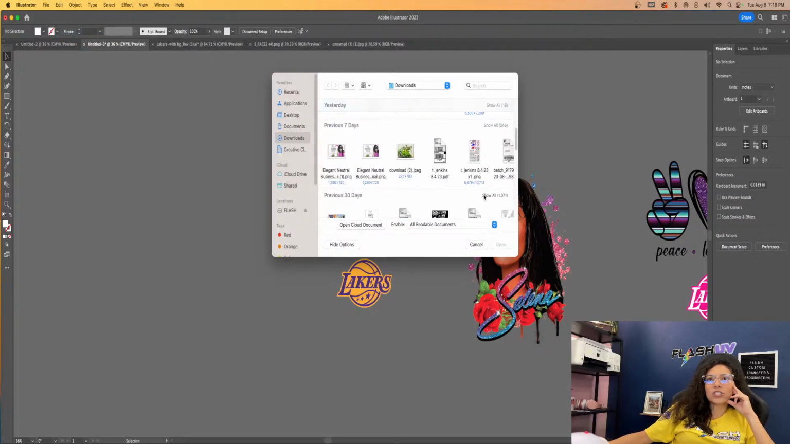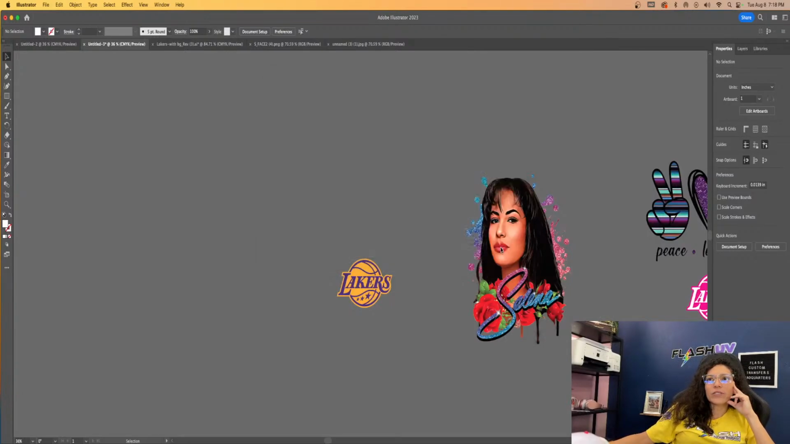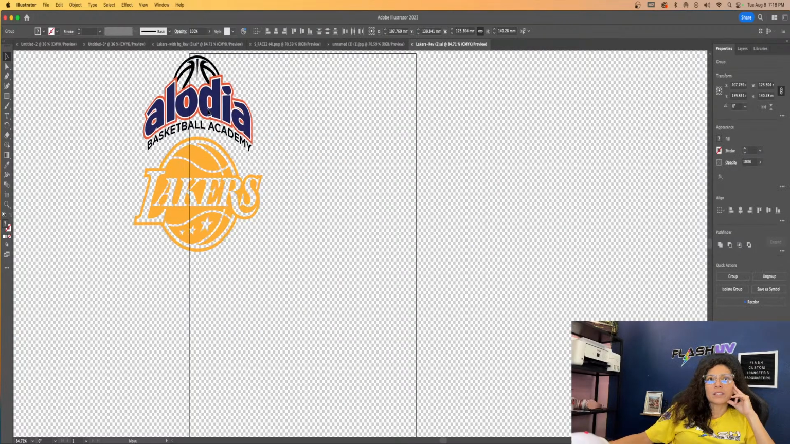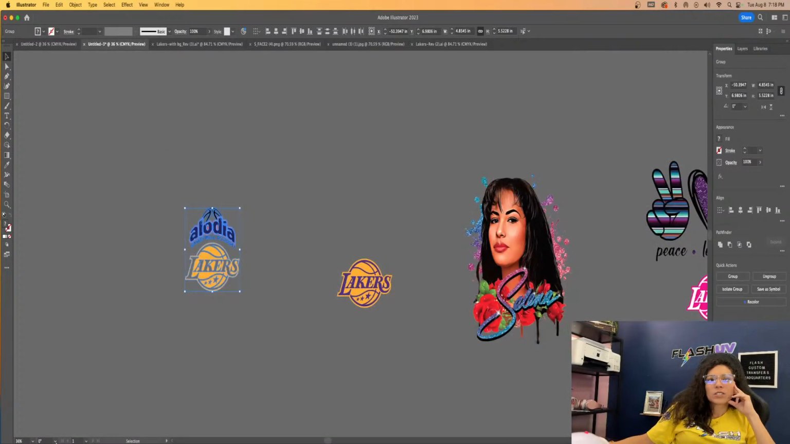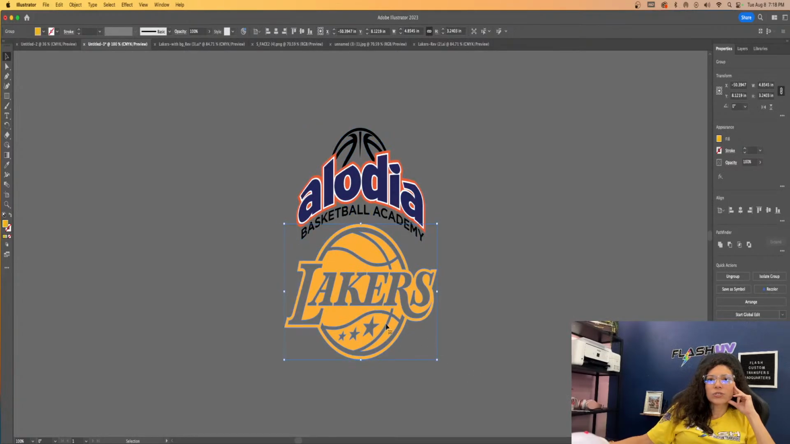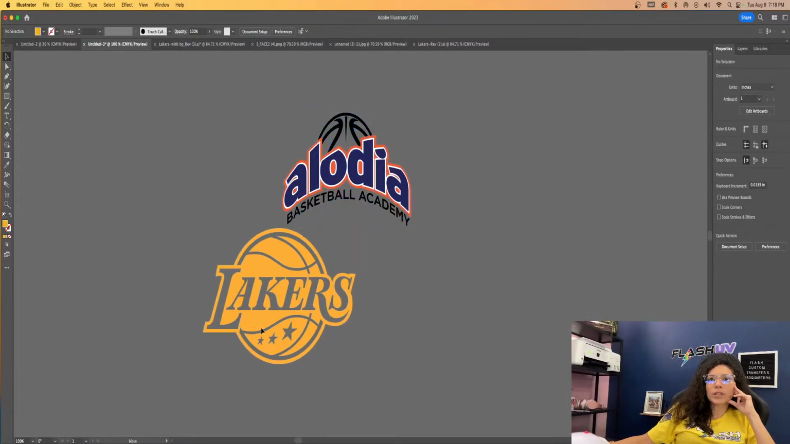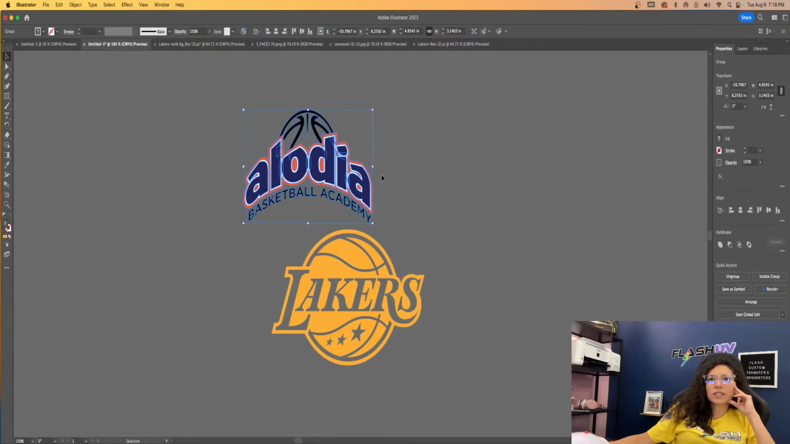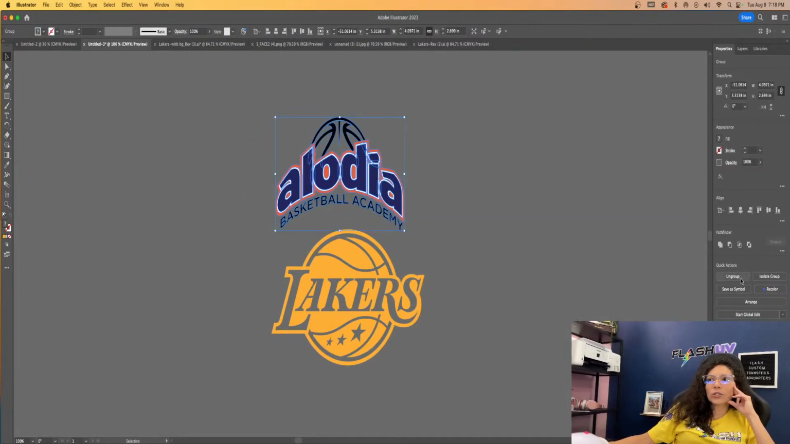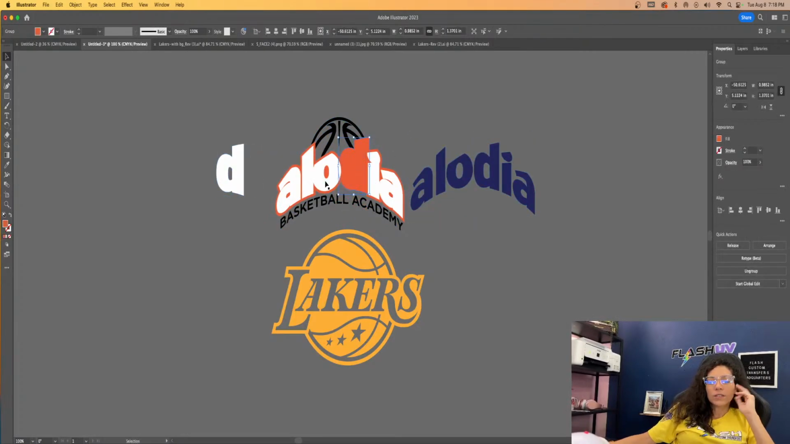I just zoom in to 300. So this is another vector file. Let's send this one over here. So you can see how it is highlighted in blue. Highlight, highlight. So these are two separate files. They're not together. If I wanted them together, I would just highlight, group, and then they're together. Ungroup. This one is even able to ungroup itself. So then we can take this one apart if we want to